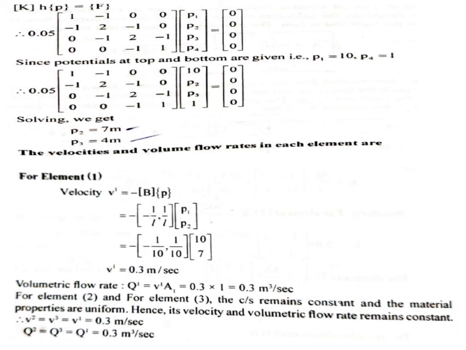So these are the numericals which are in this fluid flow chapter. The numericals are very simple and it is easy to score. All the numericals are of the same procedure, no major changes. We will be finding the potentials, velocity, and the volumetric flow rate for each of the problems in each of the sections.